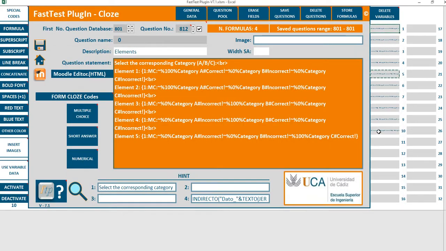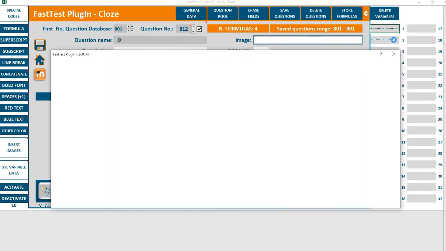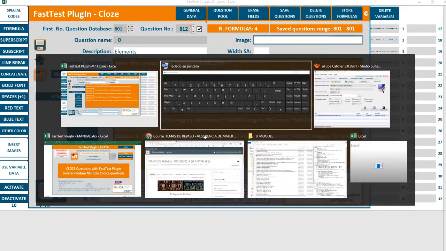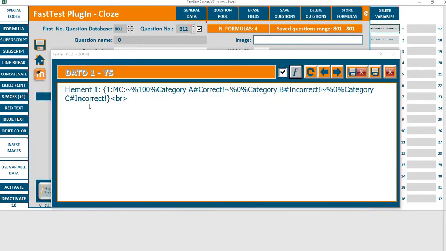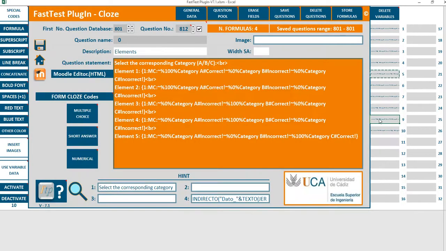In this case I can already check if all are correct. Alt Tab. Element 1, element 2, element 3 category B is correct. Element 4 category B is correct. Element 5, 6, I can check. Okay. If I want more randomness, it's necessary to introduce